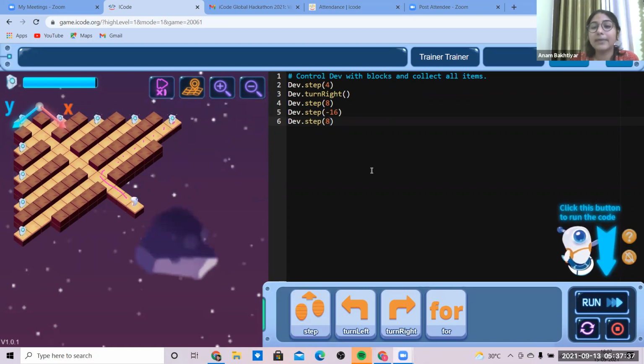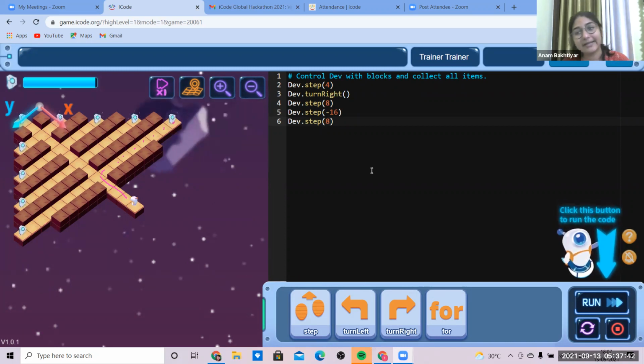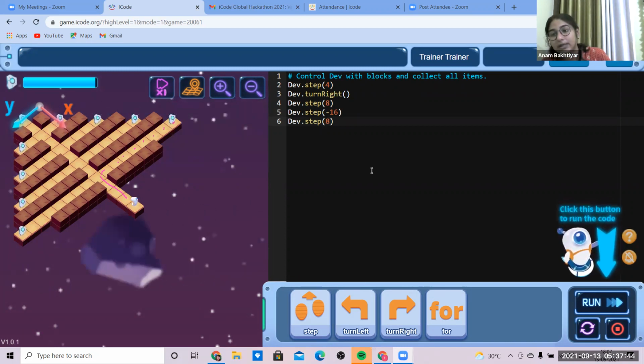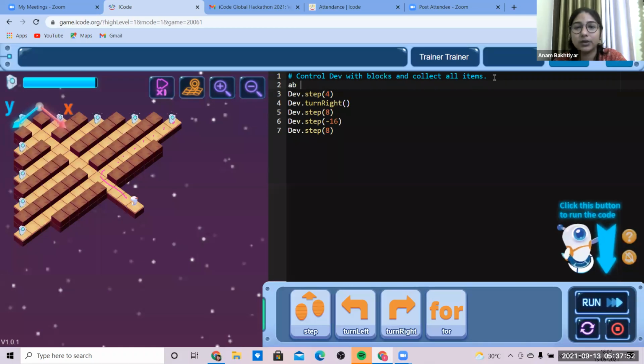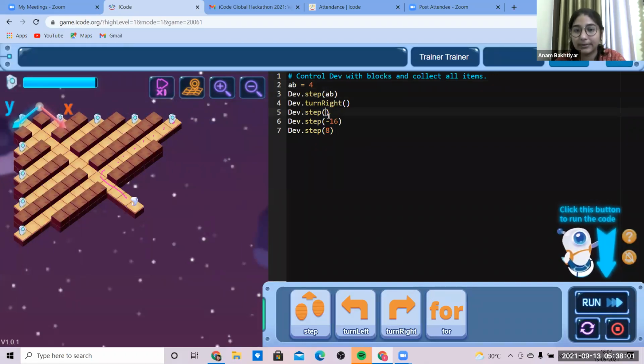Yes, we will be talking about variables. Don't worry about it. First of all, we will do it like that for the ones who are new to the program. If we are talking about variables, for example, you have taken a variable AB equals 4, because the initial steps you need to take is 4. So here you can go for AB. Here you can go for 2 times AB. Or you can set your AB over here.